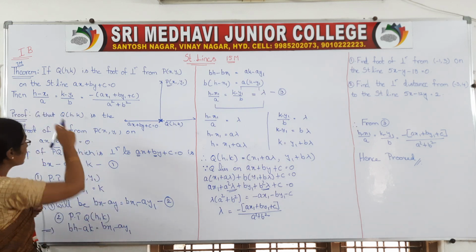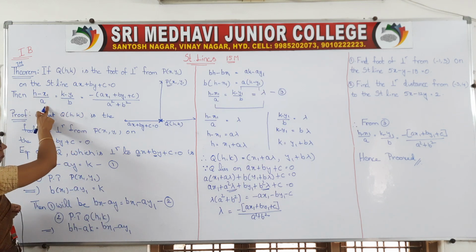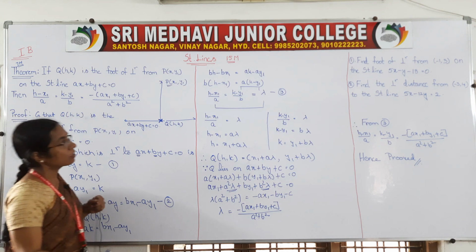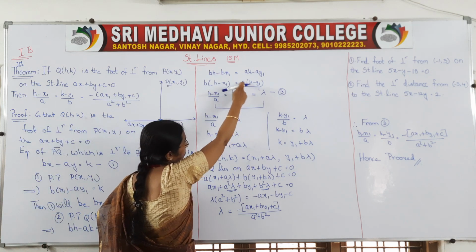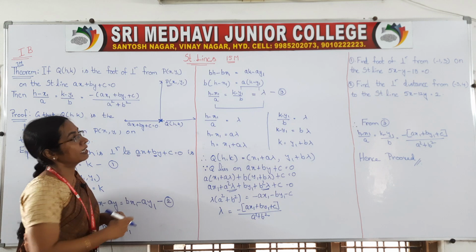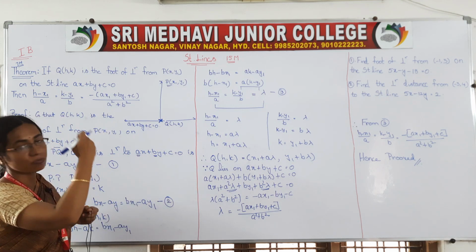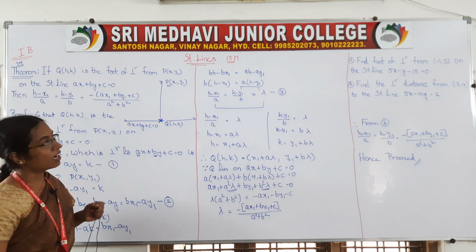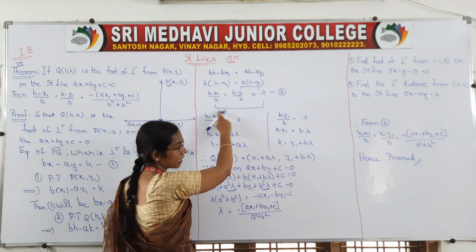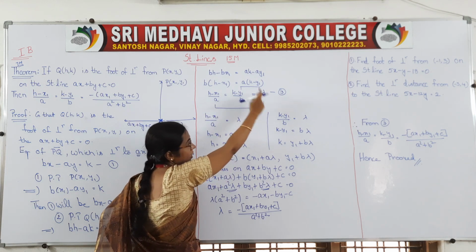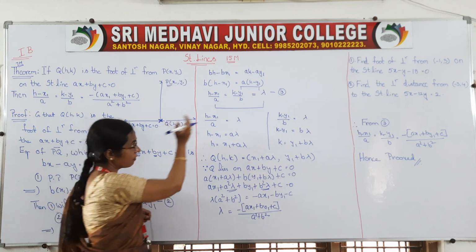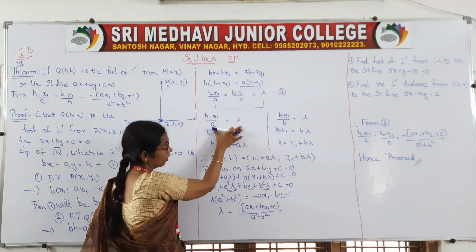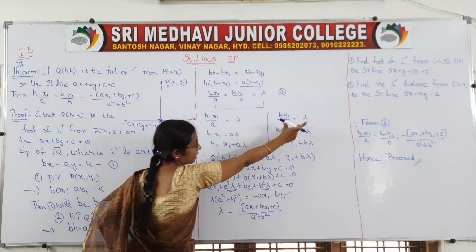Okay. And one more thing is, at the end we have to prove (h minus x1) by a is equal to (k minus y1) by b is equal to this value. So to get that one, send this b to that side and bring this a to the other side. So here it is multiplying, if you send it that side it divides. Same thing, a is multiplying, if you bring it this side it will divide. And if two values are equal, we can equate those two values with a constant. And to get this h value, we equate this h term with the constant term and the k term with the constant term.